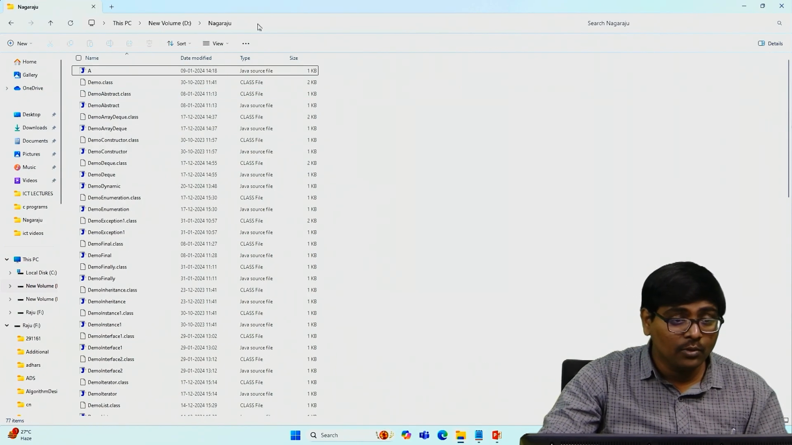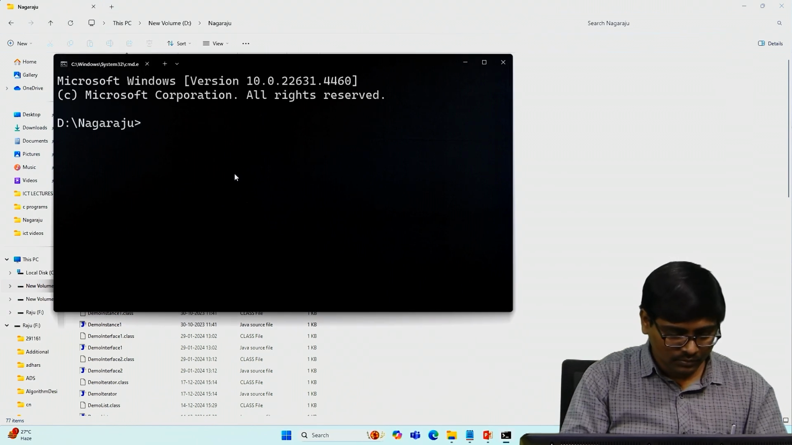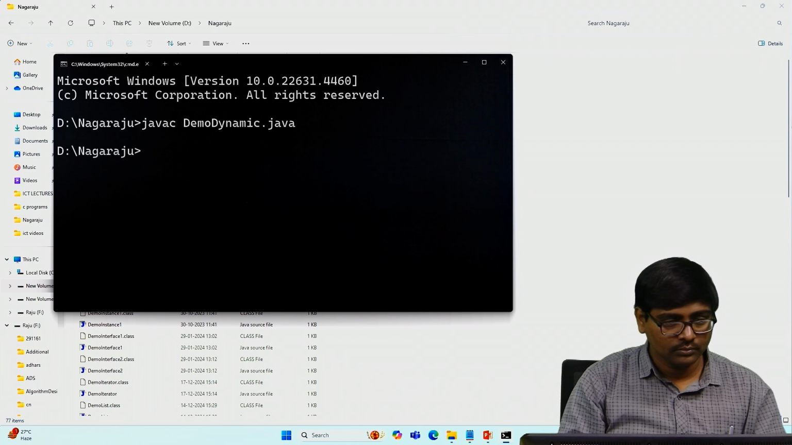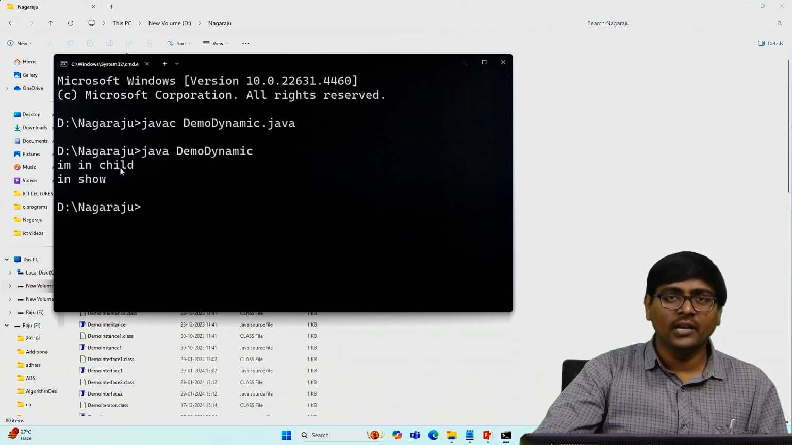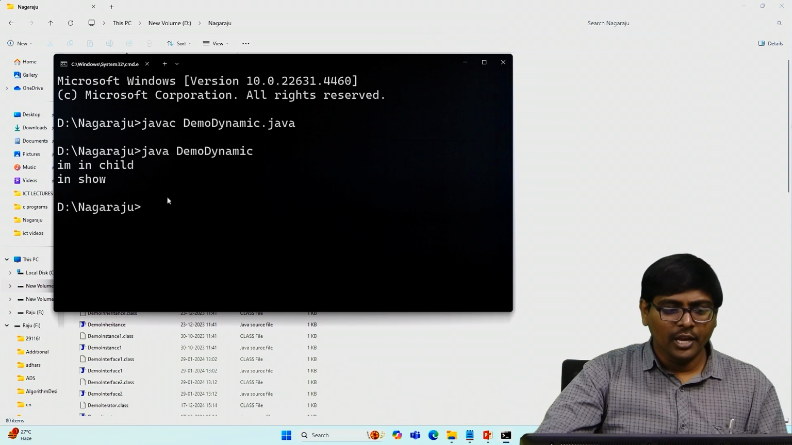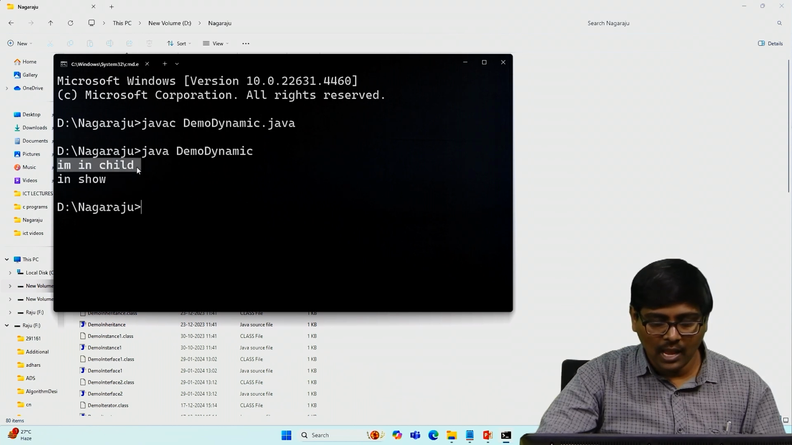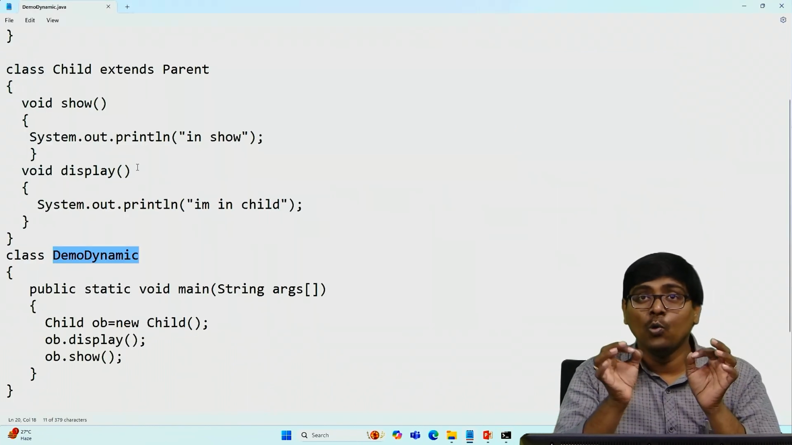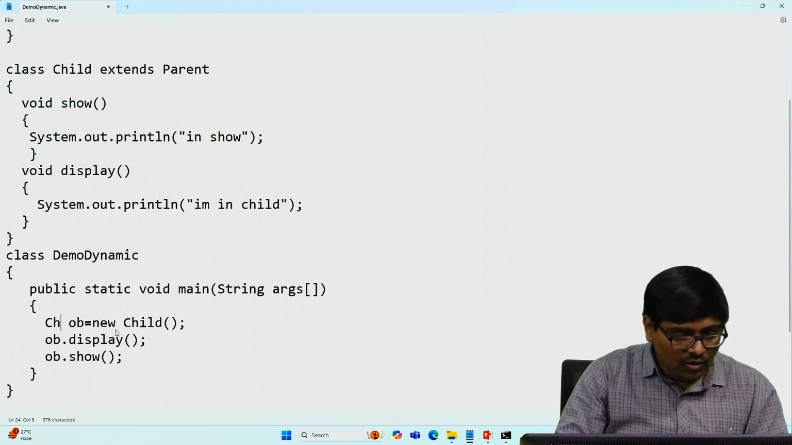Now what I am doing, move to the command prompt. Javac. Now "I am in child", the display method is executed, and the show method is executed. Now observe, "I am in child". What happened? The overridden method is executed. Now instead of child,